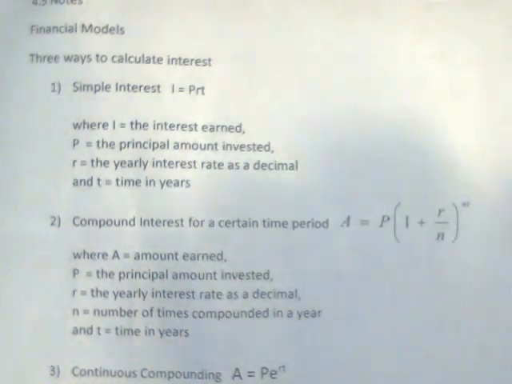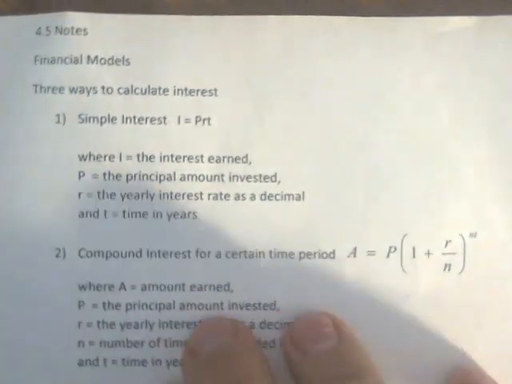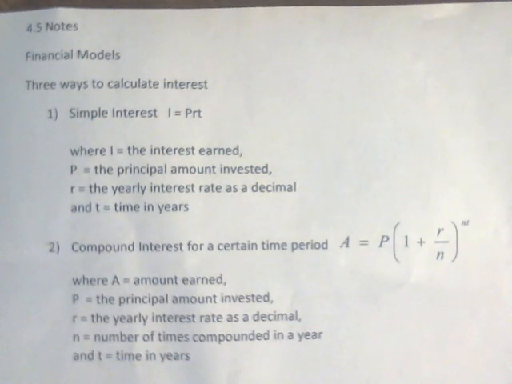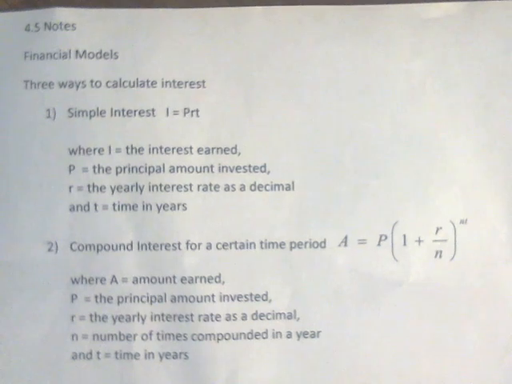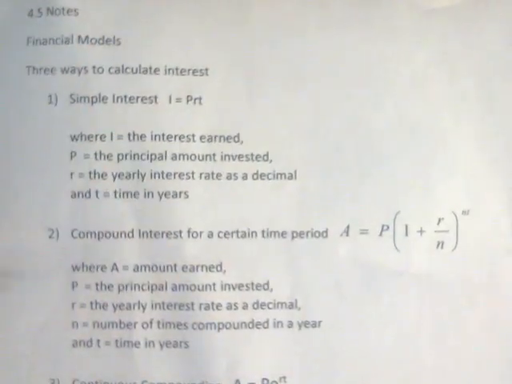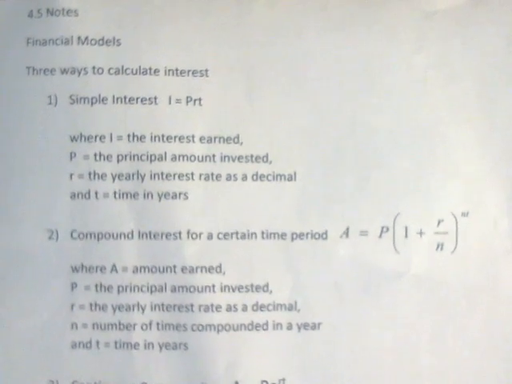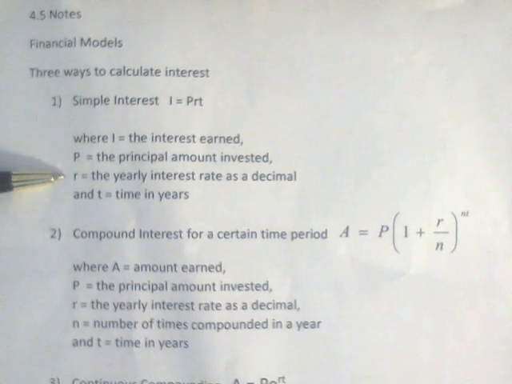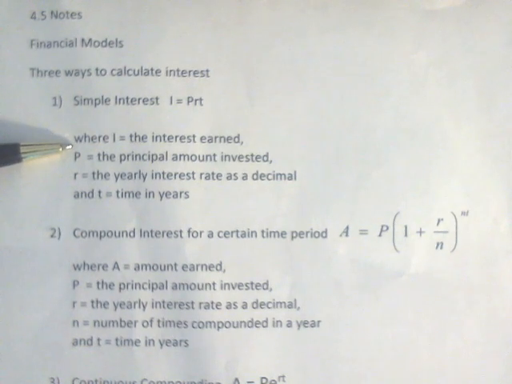In section 4.5, we're going to be looking at financial models and growth and decay formulas. So we're going to start with financial models, and there's three ways we can calculate interest. One is simple interest, which is the most outdated. It's just based on